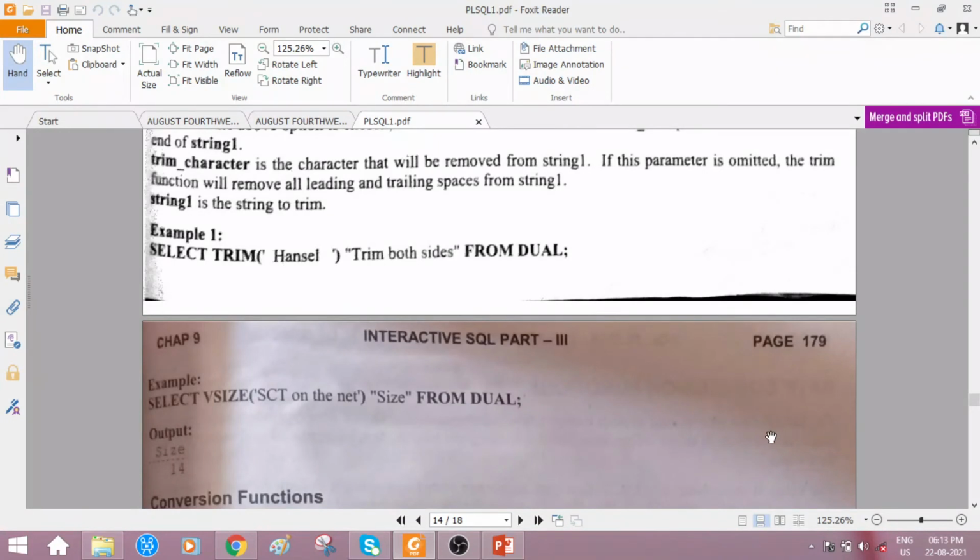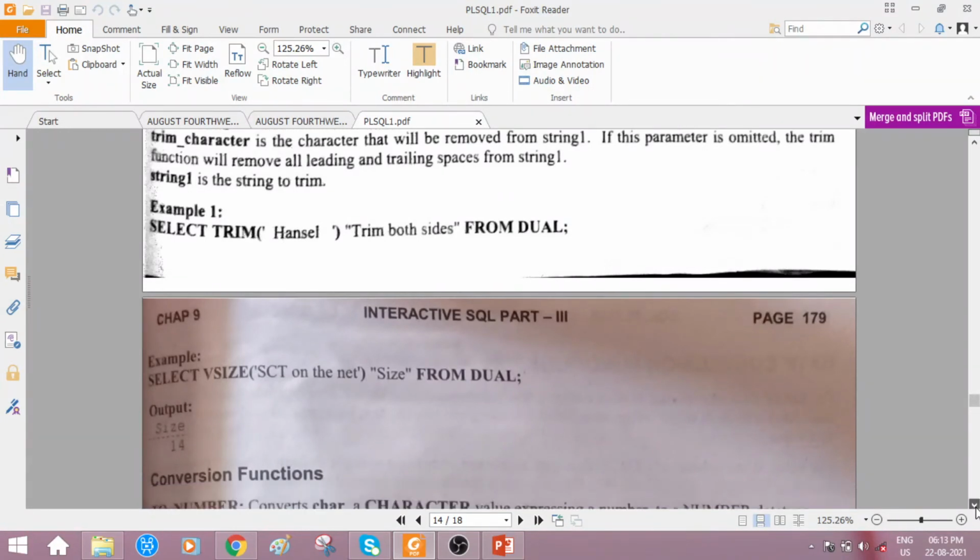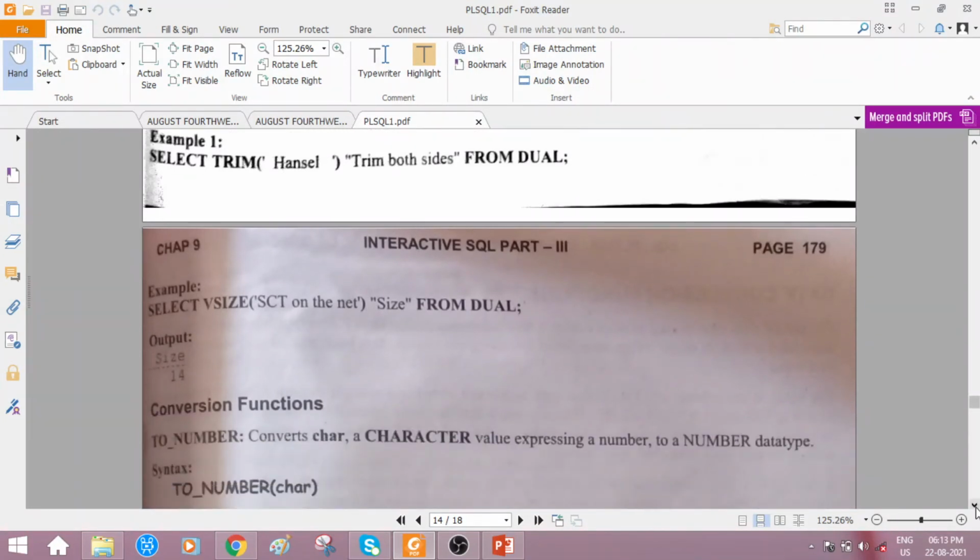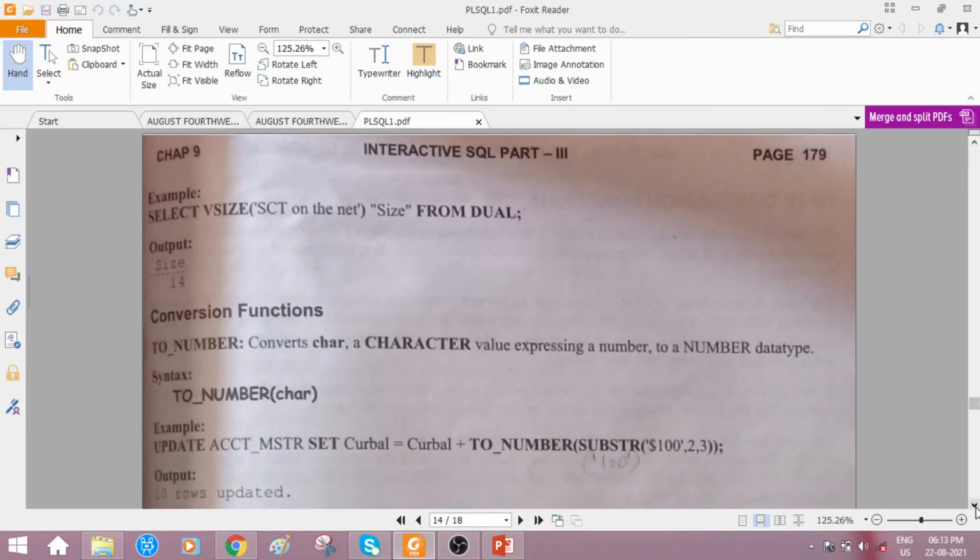Okay, fine. Next, we shall discuss vsize. Select vsize followed by the given string. If you want to get the length of the string, then the vsize function is used.